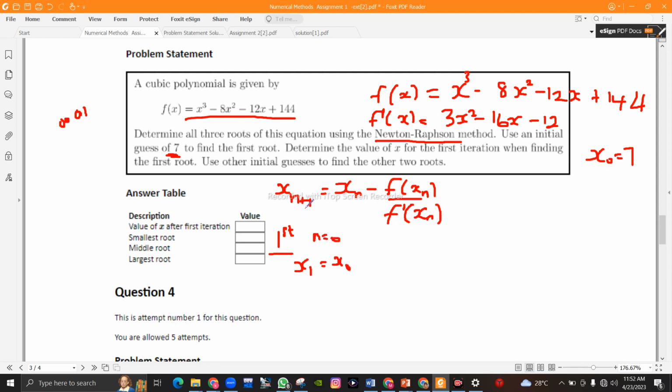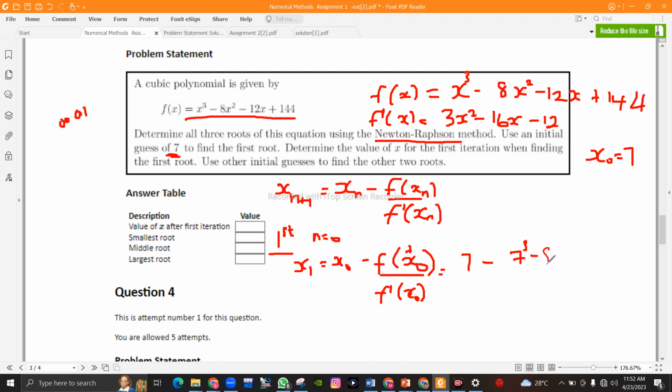So that means this will be 0 plus 1, x1, then x naught minus f of x naught, n is 0, divided by f prime of x naught. What's our x naught? Our x naught is 7, minus f of 7, because x naught is 7. And what's f of 7? We'll go back to our function. F of 7 will be 7 raised to power 3